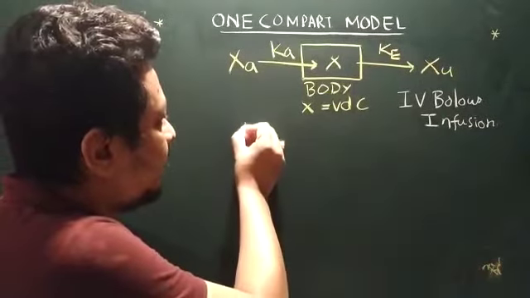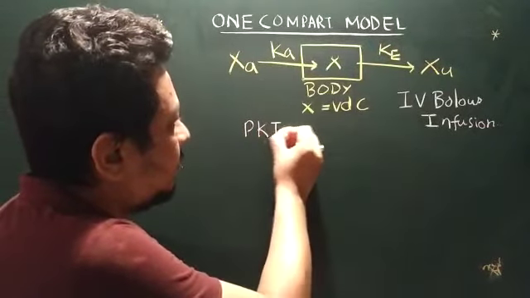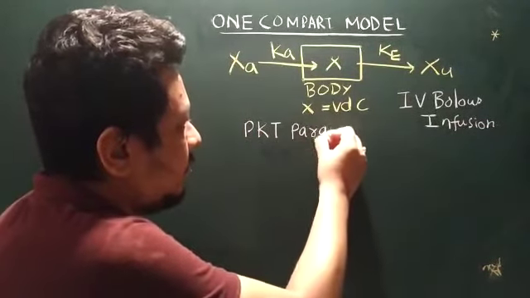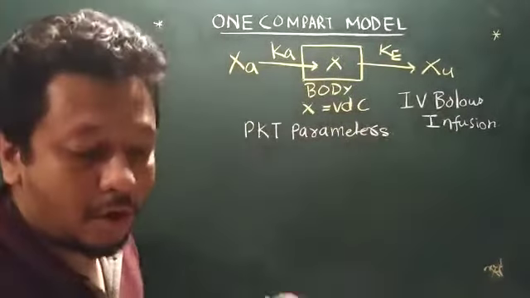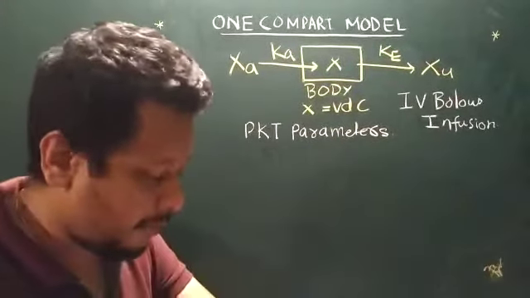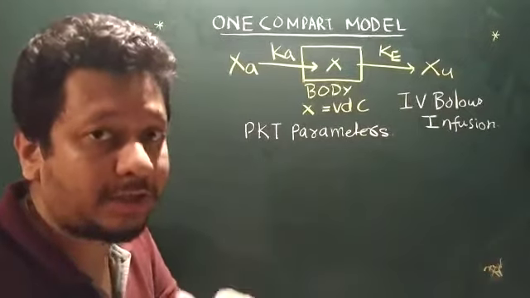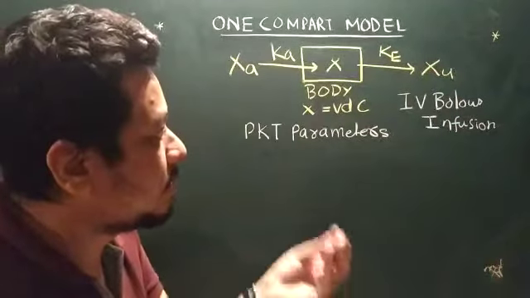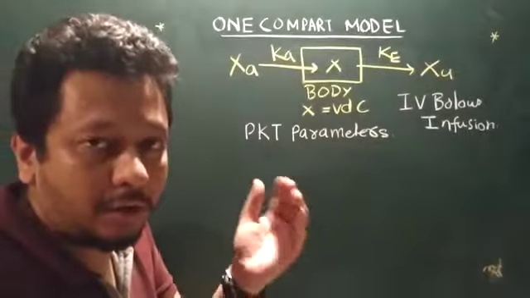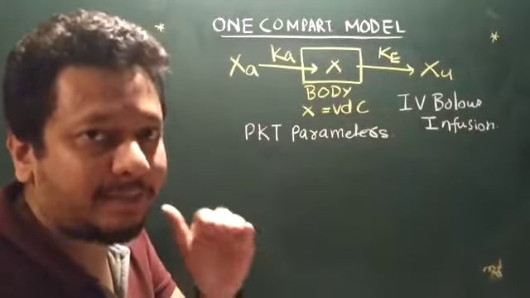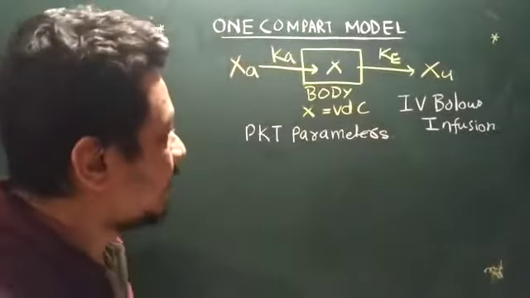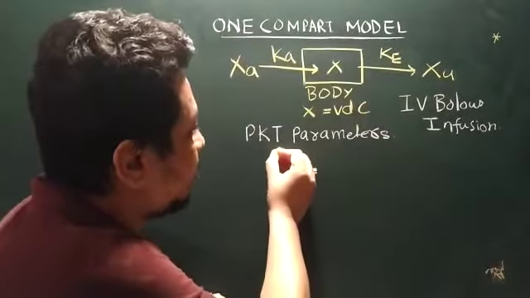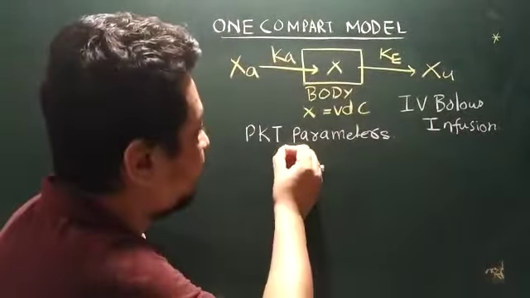To estimate the pharmacokinetic parameters. For any drug, if we want to estimate pharmacokinetic parameters, we require the help of biopharmaceutics. Now how can we achieve that? As we have discussed, whenever we want to deduce the pharmacokinetic parameters, the first thing is we have to inject the drug as an IV bolus. So for IV bolus, what is the basic equation that we discussed in our earlier video?